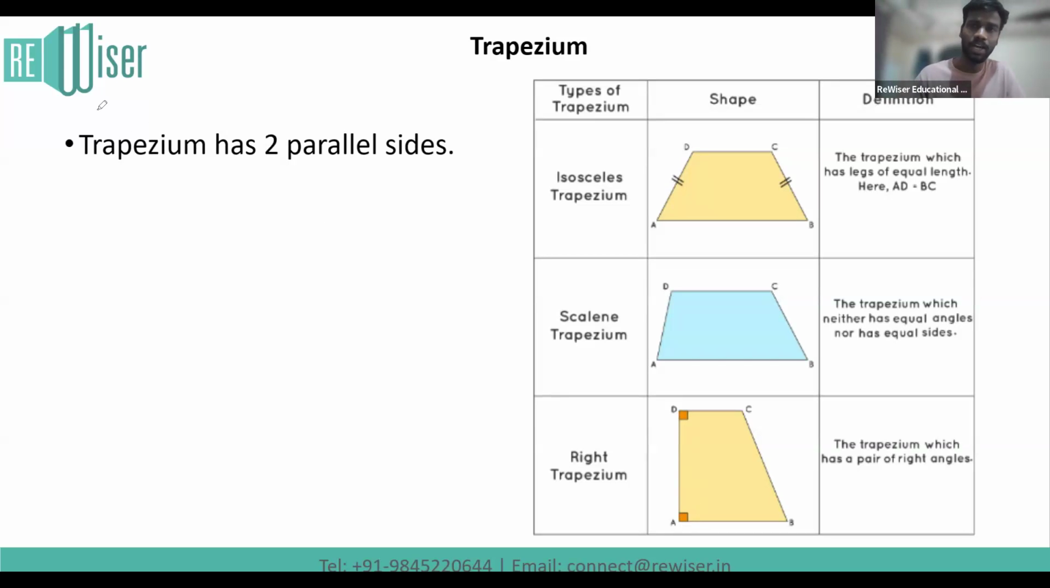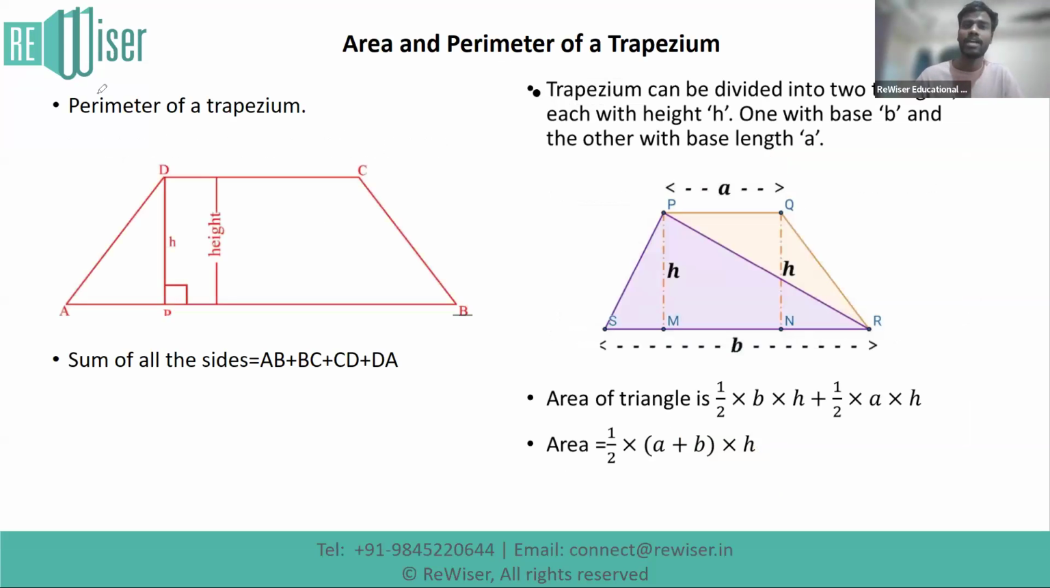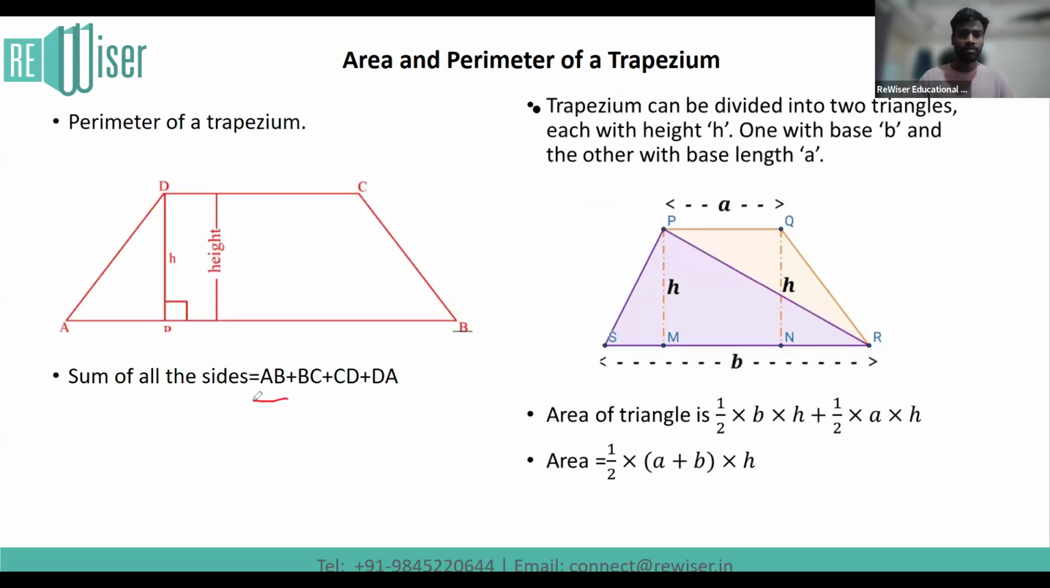And this is what we have for trapezium. If I look into the formula for area of trapezium and the perimeter, perimeter is basically the sum of all these four sides. And if I talk about the area of trapezium, the formula is going to be